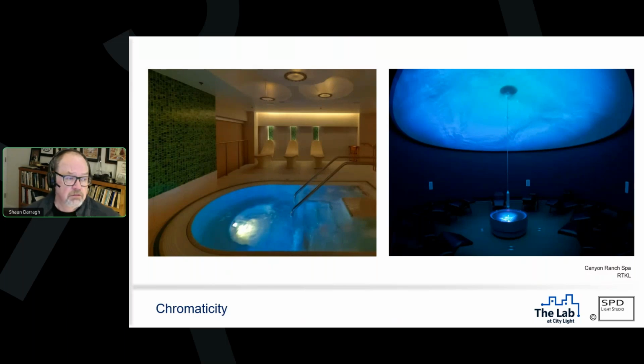Okay. Chromaticity. Chromaticity is, of course, the color of the light, right? It's the spectral characteristics. On the left, the light is relatively warm. It's probably in the 2700, maybe even warmer range, except the pool light. The pool light is probably 3500 because we wanted that to be a little bit bluer in there. But we've chosen very carefully for the program what color or what chromaticity of light we wanted. On the right,